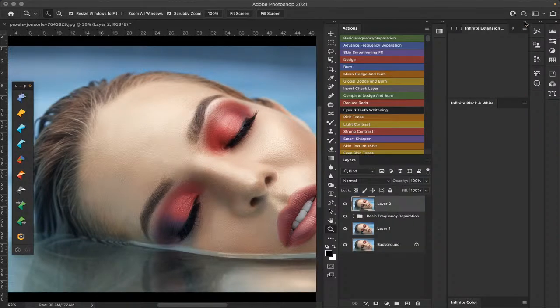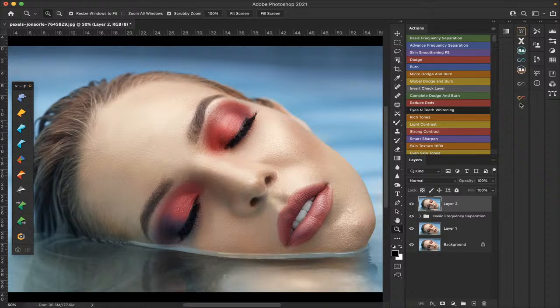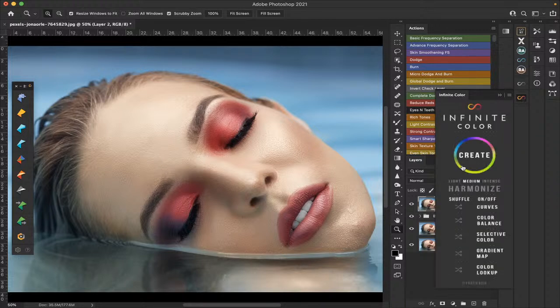One of the options I have, if you guys are familiar with some of the panels that I've shown you before, is I have something like Infinity Color. So I can use that to kind of randomize and determine if I want to use one of these colors as my final color grade. And the way this panel works is you just basically click on this big button where it says create. But before you click on the button, what you want to determine is if you want this to be high, medium, or intense when it comes to how it's going to evaluate the image